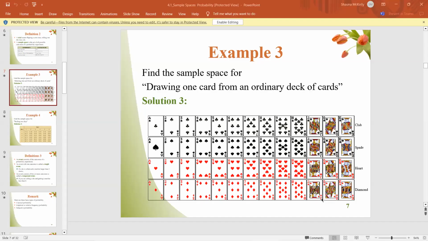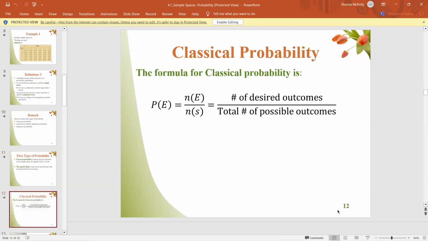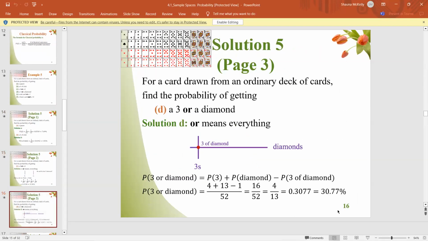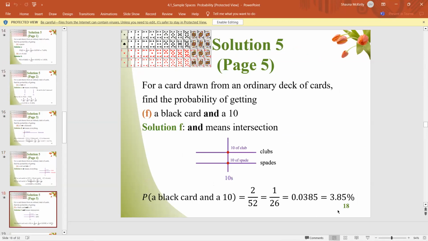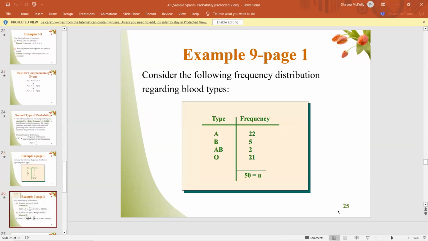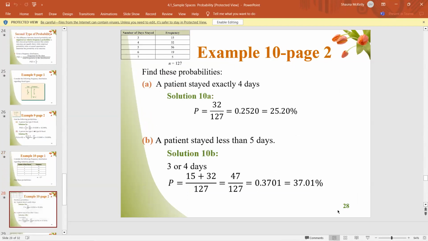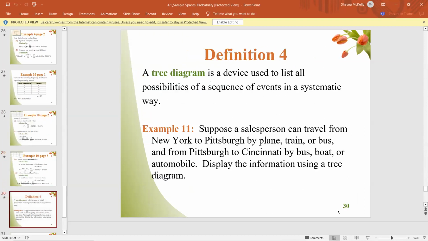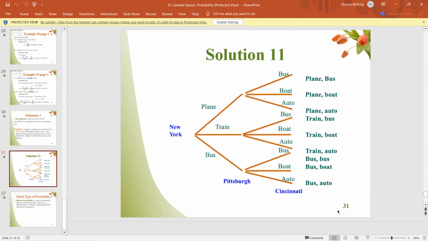Finding the probability of all this is... I just want to see if... I don't think she gave you the tree diagram for this. I'm just going to check. I don't think we get into that until 4.2. No, we don't. We have the complement of the event. Oh, we do have it. We have it on number 11. We have a tree diagram. So let me show you